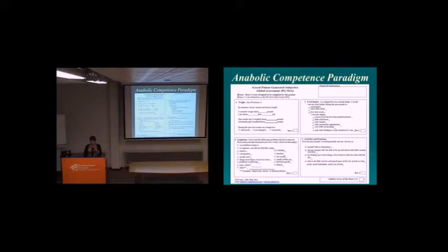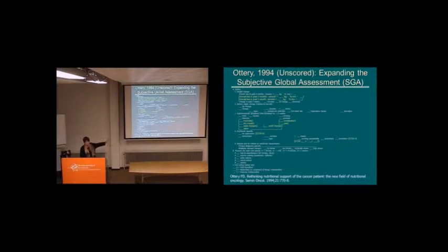Some of you have seen the short form of the PG-SGA. It's these 4 boxes. We'll talk a little bit about how that was developed. Again, I think it's important to know how we got there and how it's evolved. As I mentioned before, this is what it originally started out as. The things in yellow are things that we added to the SGA, which was the University of Toronto tool. Theirs didn't look exactly like this, but we thought, let's take this in a way that's easy to fill out,